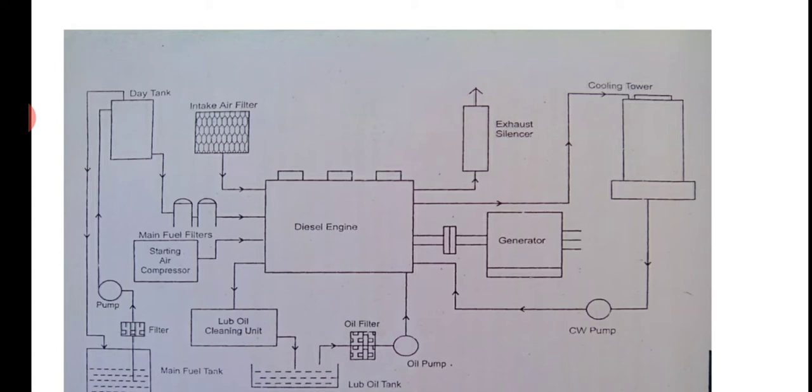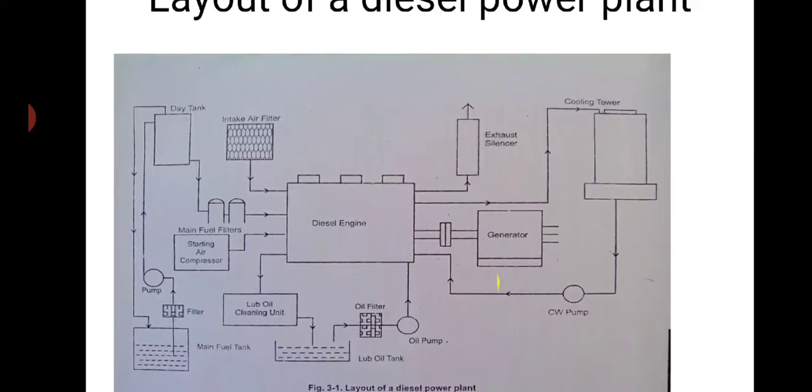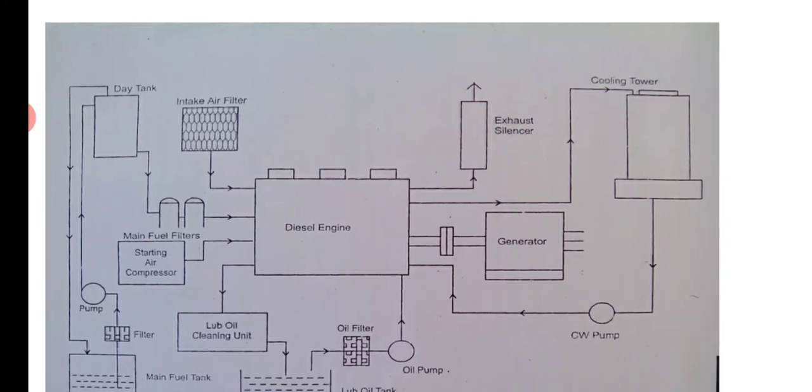So diesel engines, it is not one engine. As I was telling in the Tata power plant at Belgaum, they had 5 engines. Still they had capacity for additional 5. So when the power plants are built, they also keep a scope for future expansion. So diesel engine is there, which is coupled to the generator, we can see.